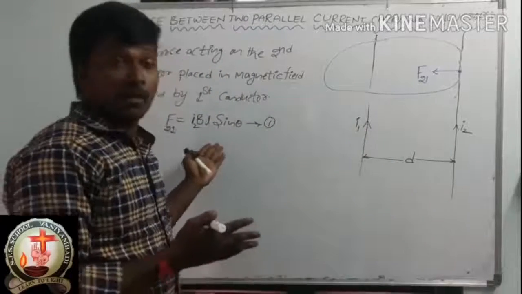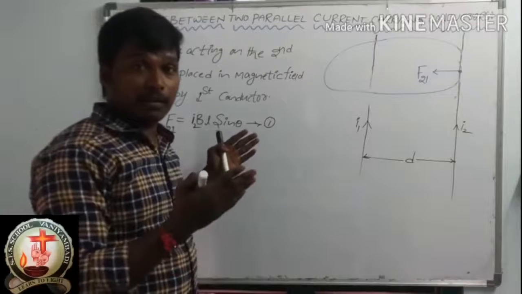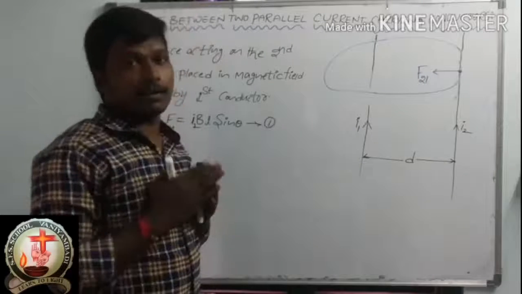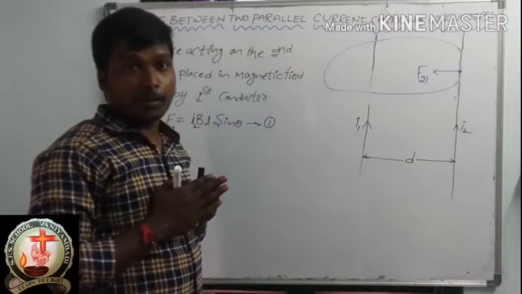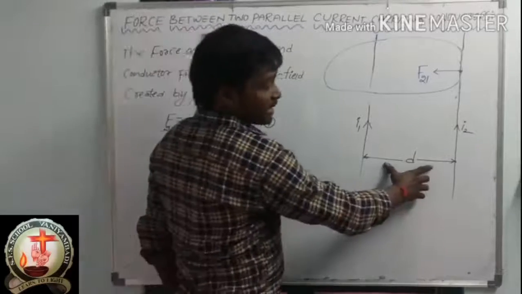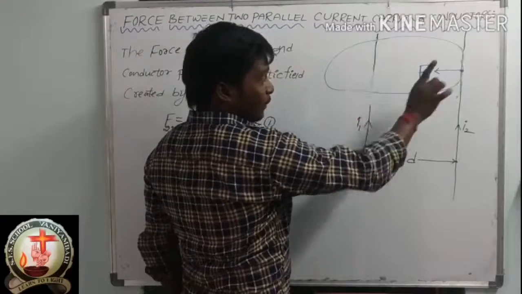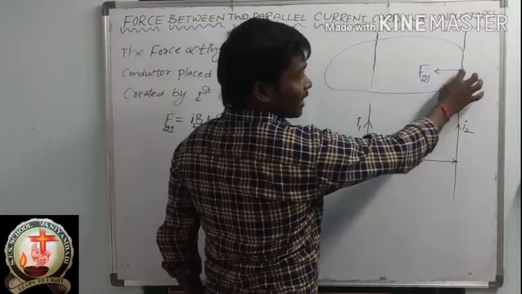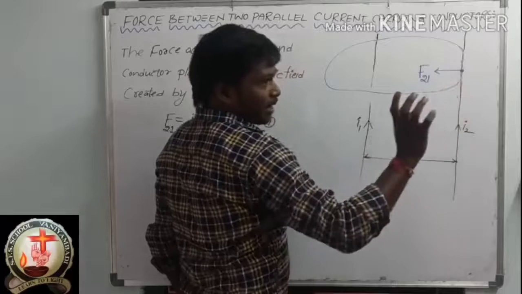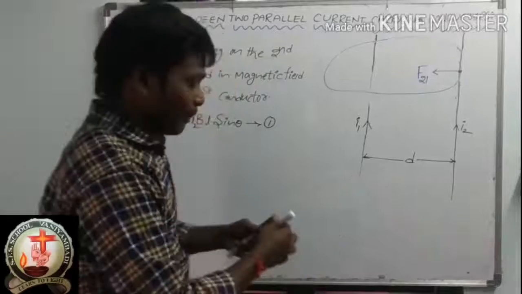I told you now only what is the magnetic field of a point created by a current carrying straight conductor. What is the expression? B is equal to mu naught I by 2 pi r. So here what is the distance d? From here to here, what this current carrying conductor has created magnetic field. So at this particular point, on this current carrying conductor, I need a magnetic field value. So what is the distance here? D. So the magnetic field